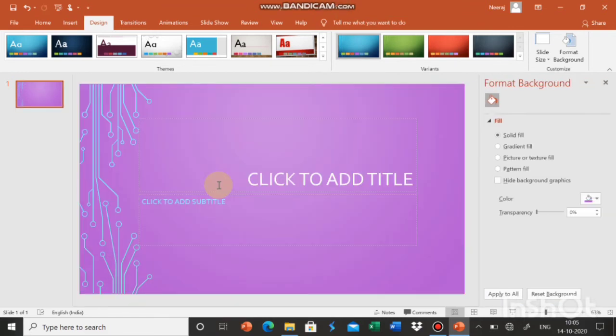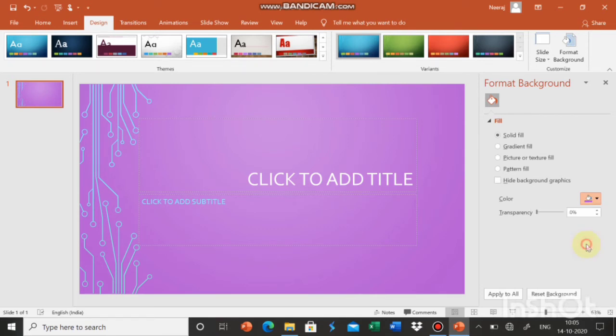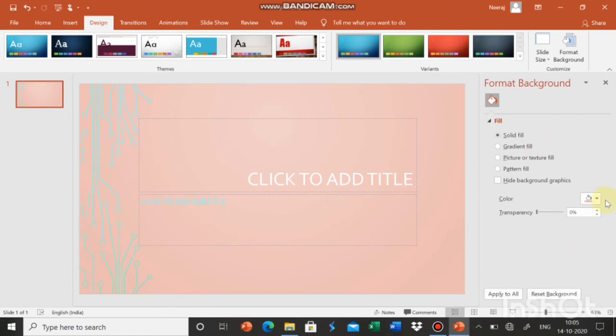As soon as we click on the format background, a pane will appear at the right side of the window. From here we can choose different types of backgrounds like solid fill. In solid fill we can choose a particular color for our presentation, like this. I don't like this color, let's change it.